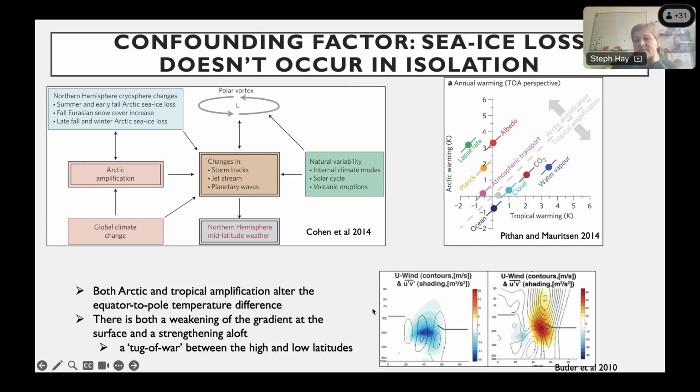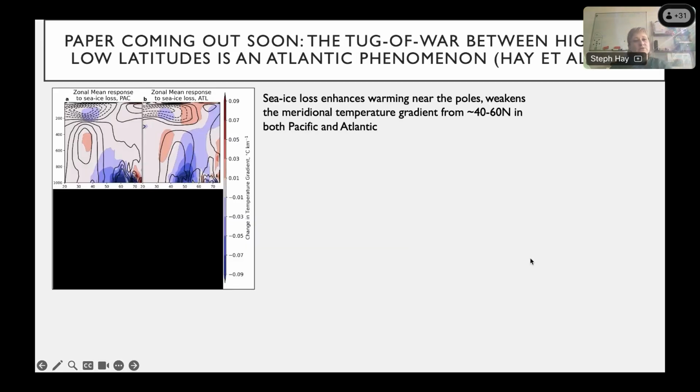And that was shown really nicely by this paper by Butler et al. 2010 in an idealized model. This is the eddy momentum flux that would decrease in the middle latitudes when you have Arctic amplification, or this eddy momentum flux that would increase if you have tropical amplification. But just to talk quickly about a paper that I have that's coming out quite soon, it turns out that in reality it's not quite so simple. We do get sea ice loss,